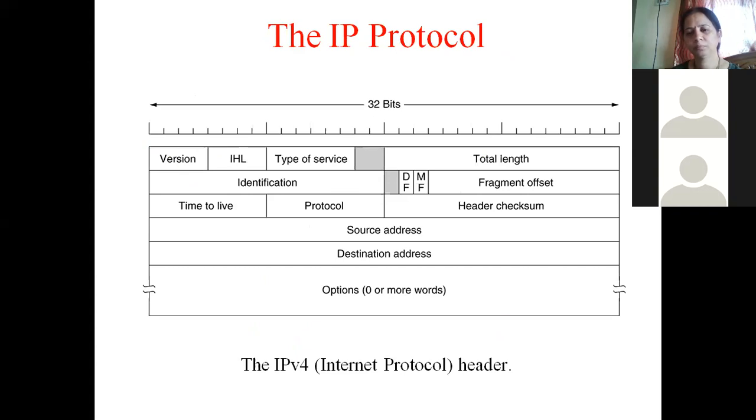Ma'am, can you explain the type of service section once again? Type of service. Now, this type of service field is 6 bits long. It contains 3 bits which indicate the priority given to the packet. Priority means preference. When we are transmitting this packet, we want to give priority to what? We want to give priority to reliability, throughput, or delay. Throughput means number of packets transmitted per unit of time, whether we want the packets to get transmitted faster.